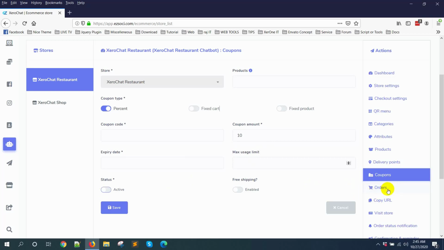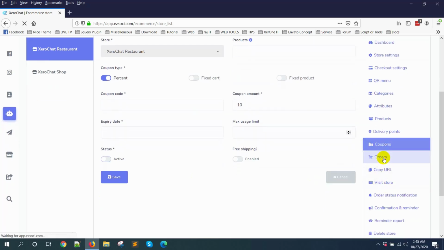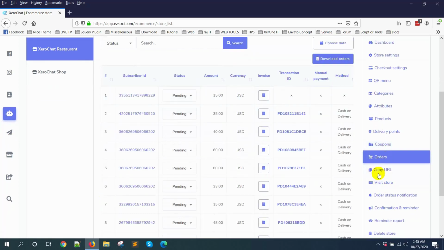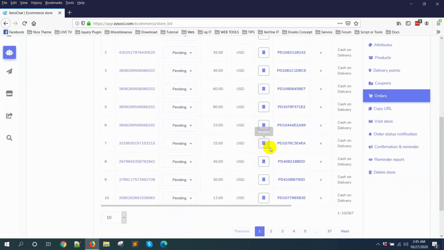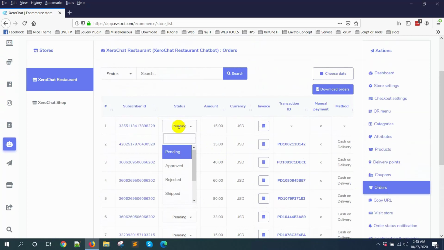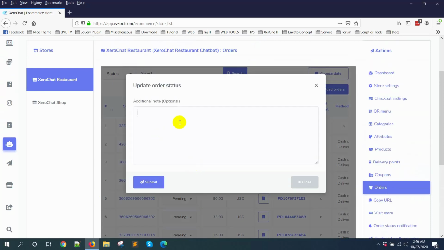Then here is the order button. From the order button, you can see all orders placed by your customers. You can change the status like this. When you change the status, you can send an additional note to your customer in messenger, email or phone number as you want.